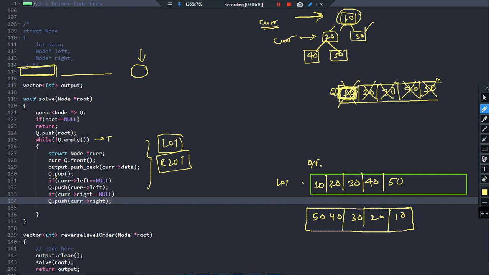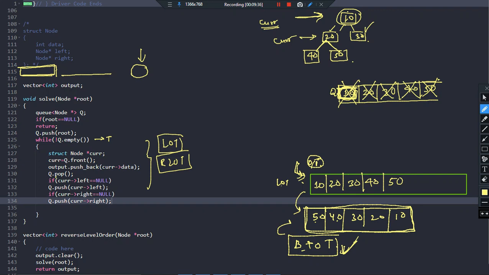See, we are definitely traversing from bottom to top. Bottom to top traversal is being done here. If we just reverse the output vector that we stored in level order traversal, we will get this array, and this array is fine because it is working from bottom to top. See, 50, 40, the down nodes, then come to 30, 20 and 10.